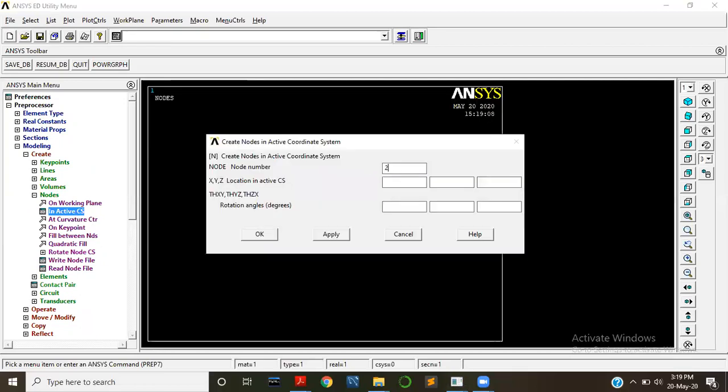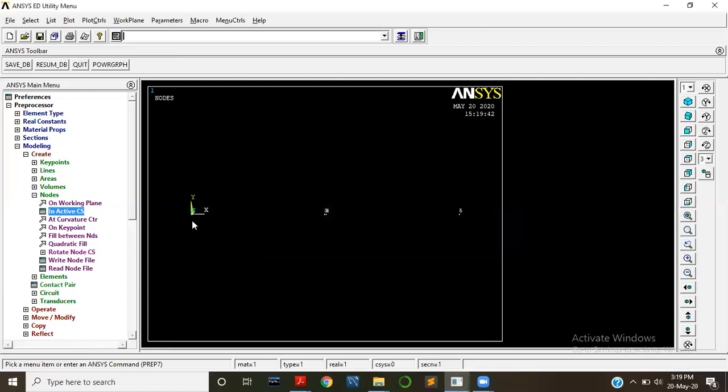Node number 2 is 0.001, and node number 3 is 0.101, and node number 4 is 0.102, and the fifth node is 0.203. Okay, so we have 1, 2, 3, 4, and 5. We have created all the 5 nodes.